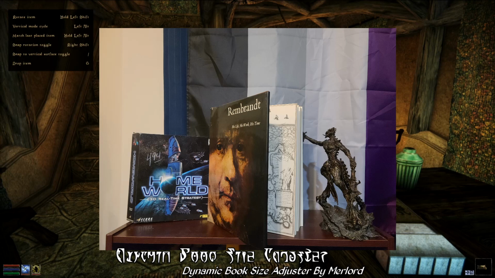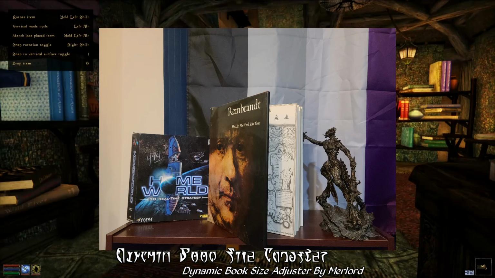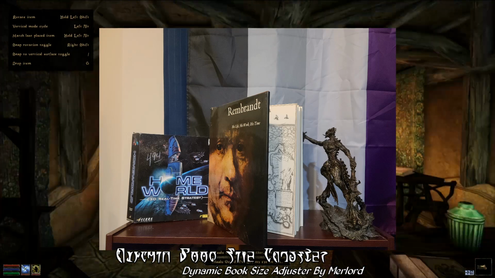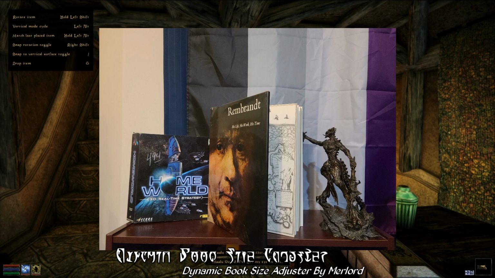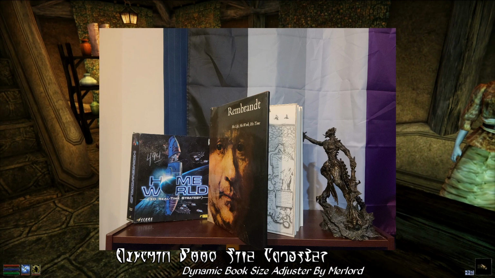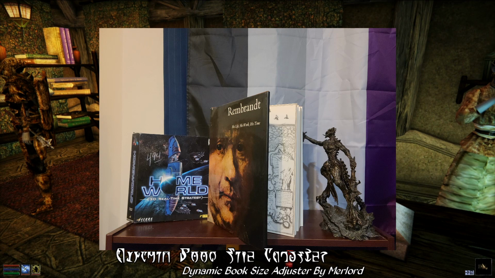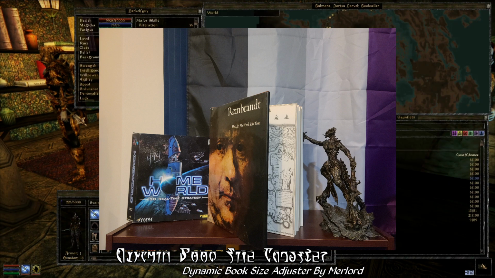Now, that copy of Homeworld, back when they actually made fairly massive cardboard boxes, is about the size of the average book in Morrowind. Now, I want you to notice that the real-life book is bigger than the copy of Homeworld, which is about the size and scale of the books in vanilla Morrowind.